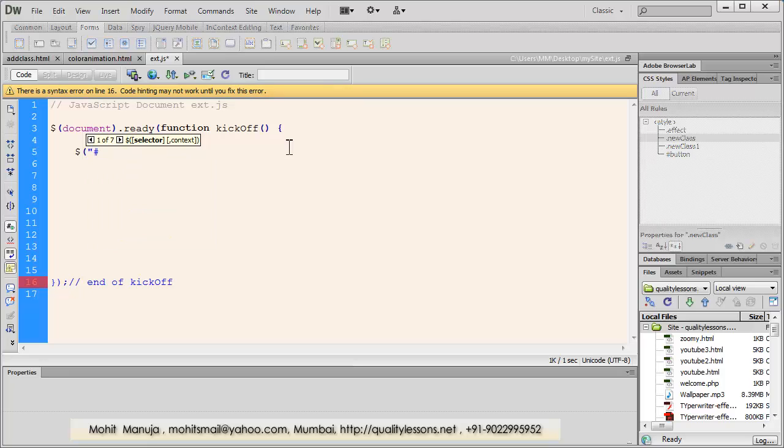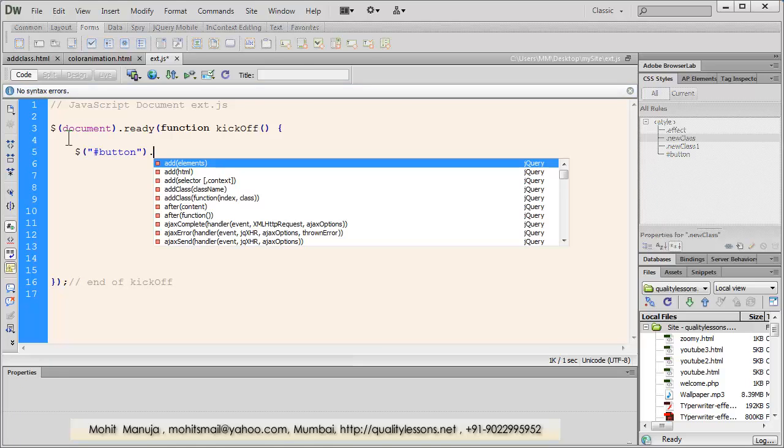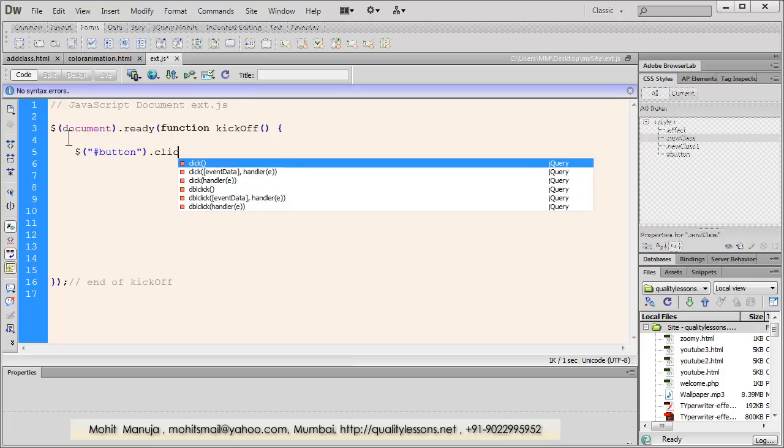So it's a hash, and let's say file and a save again, button, dot click. So when somebody actually clicks on this,